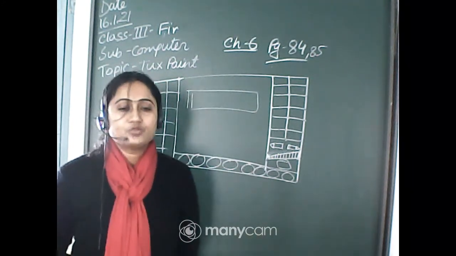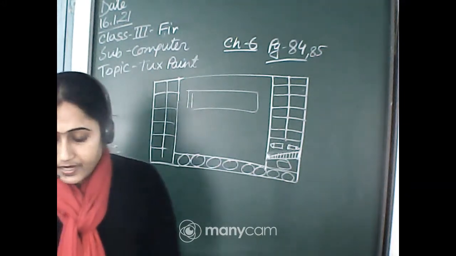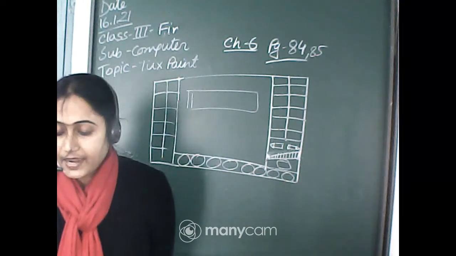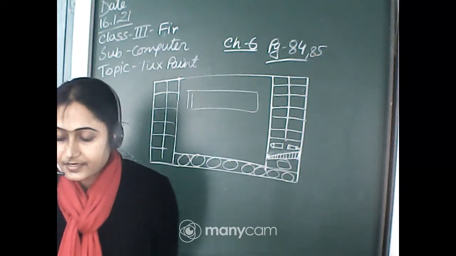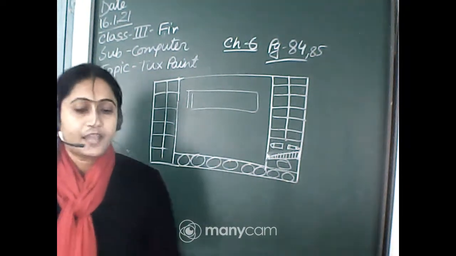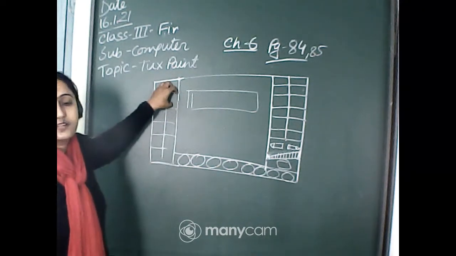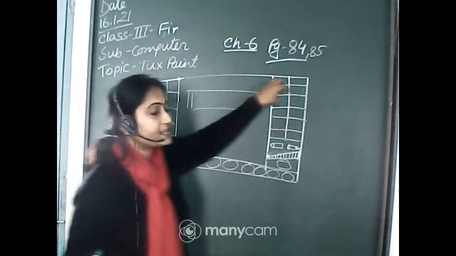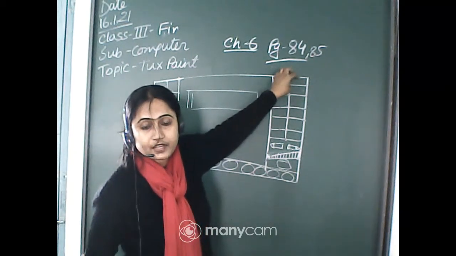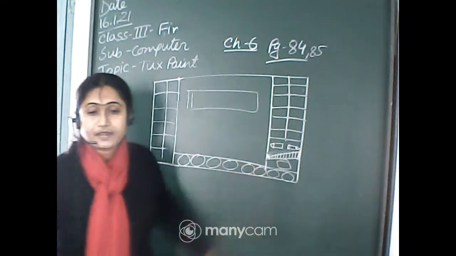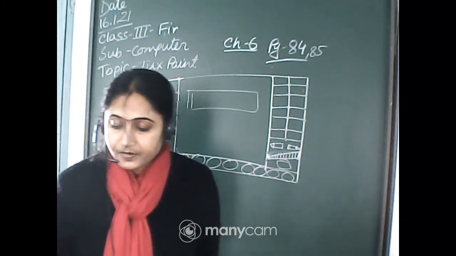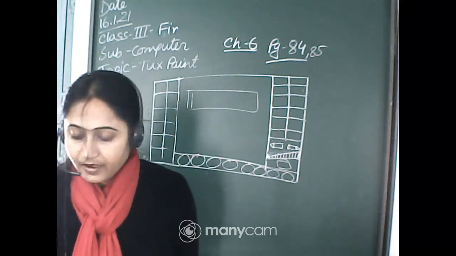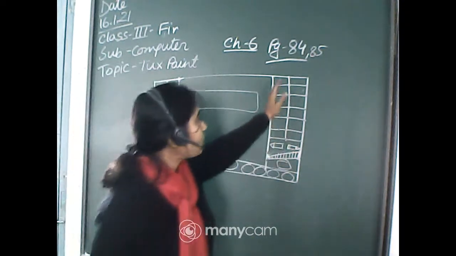Now the line tool. I will discuss the line tool. The line tool is used to draw straight lines and straight patterns. Where is the line tool? The line tool is in the toolbox. Select the line tool. When you select the line tool, you can see in the selector there are different patterns of lines. Okay, and click the line tool. Select the desired shape from the right side. The right side is called the selector.